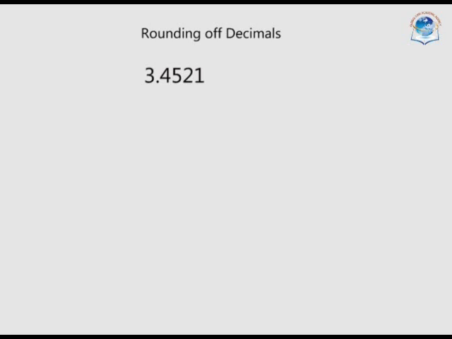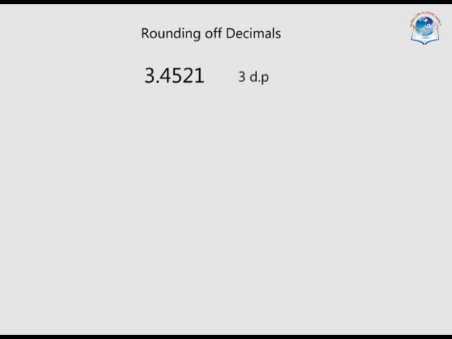Next, rounding off decimals. In the same way whole numbers are rounded off to the nearest tens, hundreds, thousands and so forth, so are decimals rounded to the nearest tenths, hundredths, thousandths and so on. When a number is to be given correct to a specified number of decimal places, you look at the digit in the next decimal place, and if it's less than 5, you round down, and if it is 5 or more, you round up. For example,